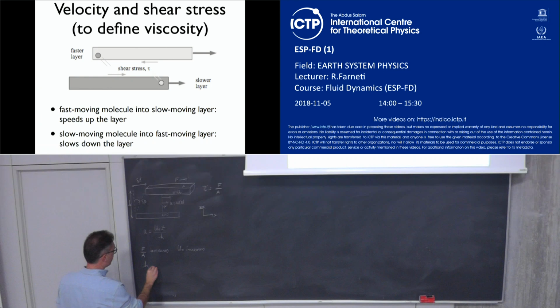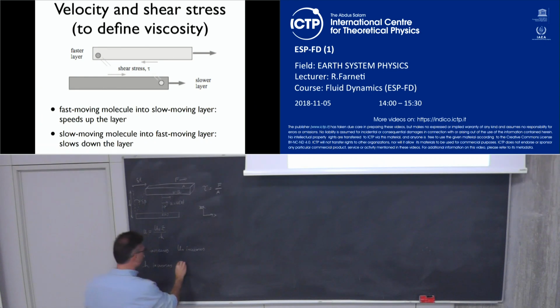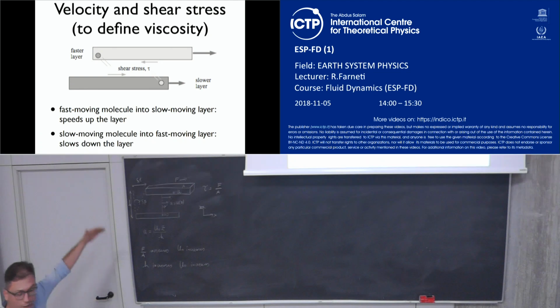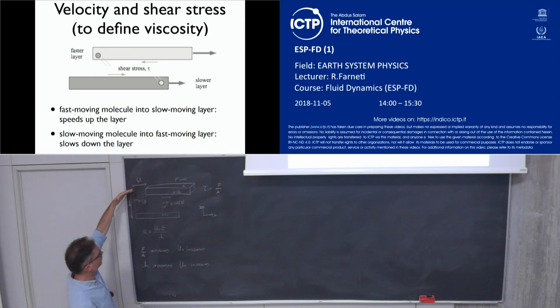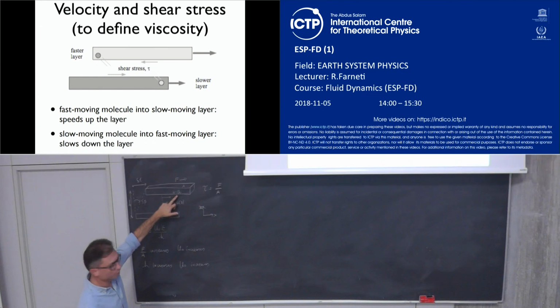And if the depth increases, u naught also increases, because you are away from the bottom panel that is fixed. So you start thinking already of friction. So the thicker the fluid, the faster the u naught at the surface, because you are away from the bottom